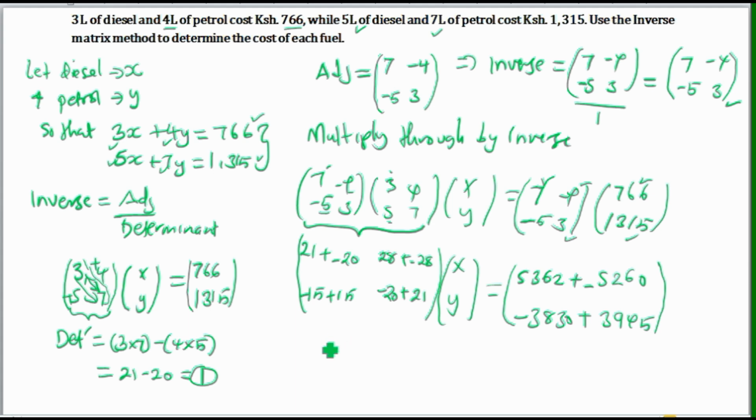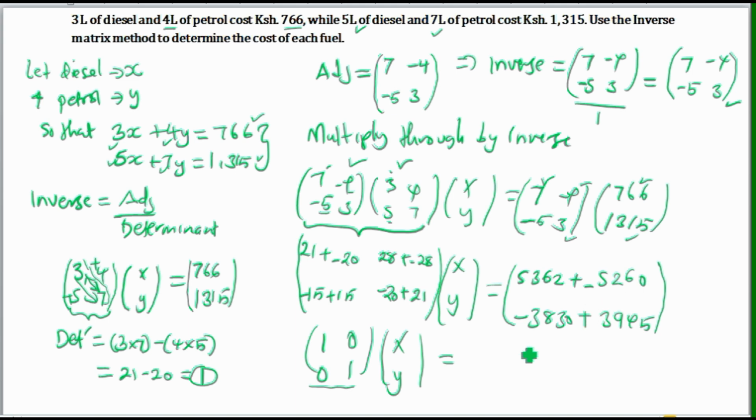Now we continue. So 21 minus 20, that is 1. Here is minus 15 plus 15, that's a 0. That's a 0, and that is 1 times x, y. This is true, because if you multiply a matrix by its inverse, you get a unit matrix, and a unit matrix is the same as 1. And that is multiplied by x, y, which gives us